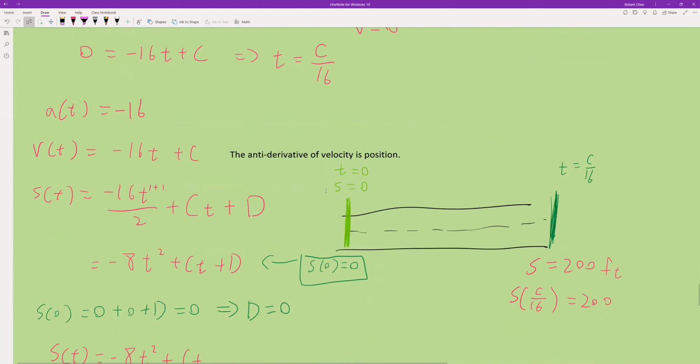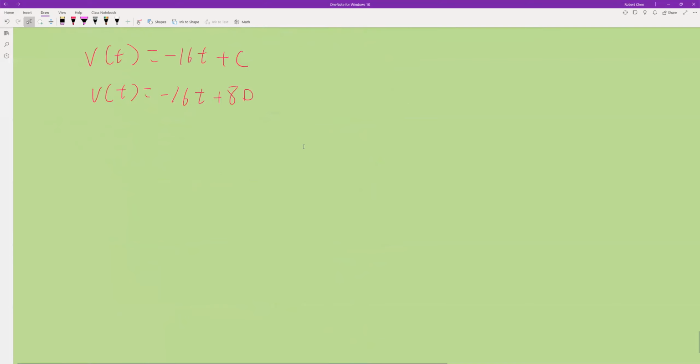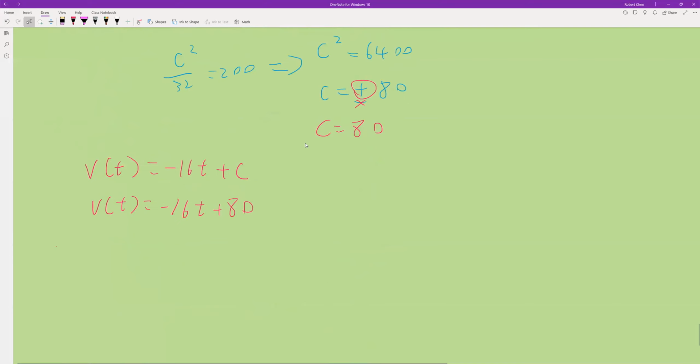So we want to find out the speed when t is equal to 0. Therefore, let me write it down. Speed when brakes were first applied